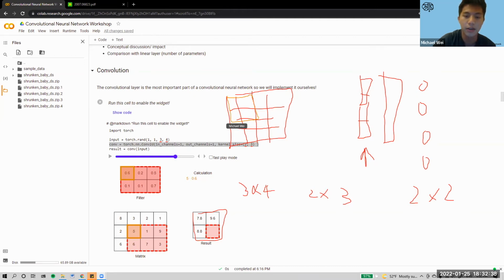So it's going to take the max value of these 4 boxes right here. It's going to take a stride size of 2 rightward, and take the max of these values, and then it's going to take a step size of 2 downward, and take the max value of these 4 boxes, and then a stride size of 2 rightward. So eventually our output will only be 2x2 instead of 4x4. And this transformation has no parameters because it is simply a max function, unlike convolution, where we actually have to learn